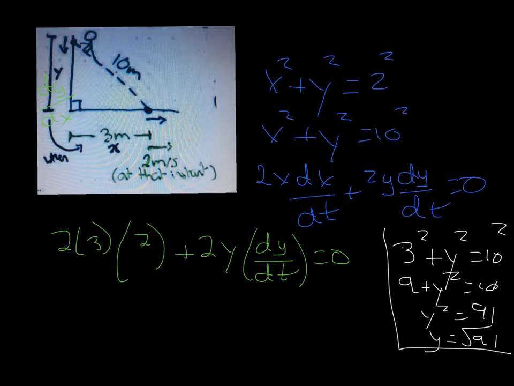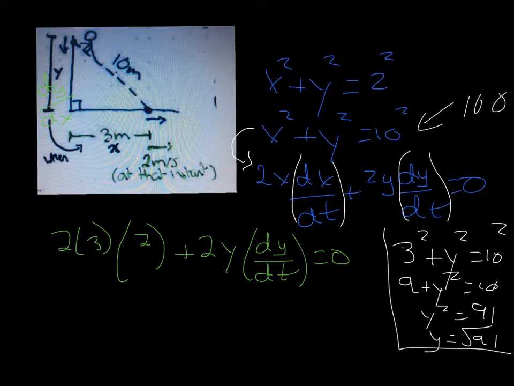When I take the derivative, I'm using implicit differentiation again, that idea, because I'm trying to find how fast things are changing with respect to time, right? Because they're talking about rates. So for the x squared, I would do the power rule first of all and get 2x, but I need to multiply that by the dx dt, sorry. And then the same thing for the y variable. I would have 2y times dy dt. But the 10 squared, or 100 if you prefer, has a derivative of 0,